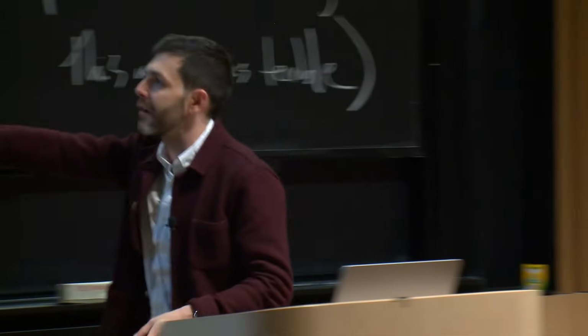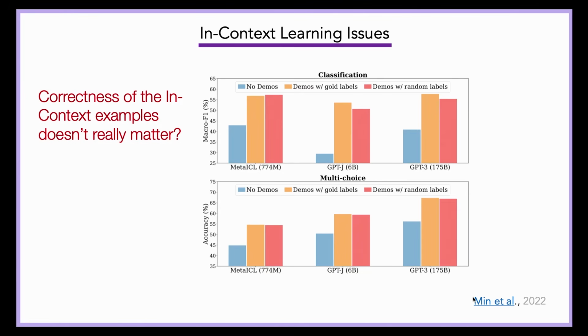What we're looking at on the slide right now is an example of a paper from Sewon Min where you actually took your in-context examples, you totally shuffled the labels, right? So, maybe I replace this with